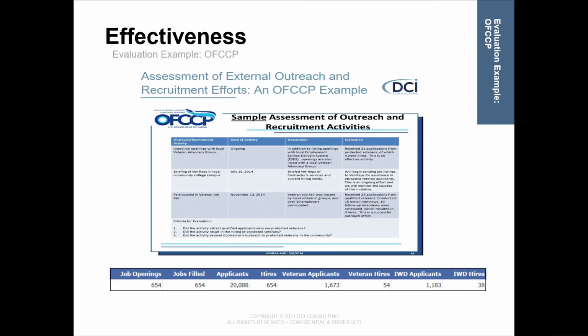Something that DCI does provide in your affirmative action plan that also helps evaluate is at the bottom here. This is what we call your 44K data collections analysis, in which the regulations say that you will document the following computations or comparisons, pertaining to both applicants and hires on an annual basis. So they're looking at the total number of job openings and the number of jobs filled, number of applicants hired that are veteran, number of applicants who self-ID as veteran, number of applicants who self-ID as individuals with disability, and then the number of applicants who are hired that are individuals with disability.